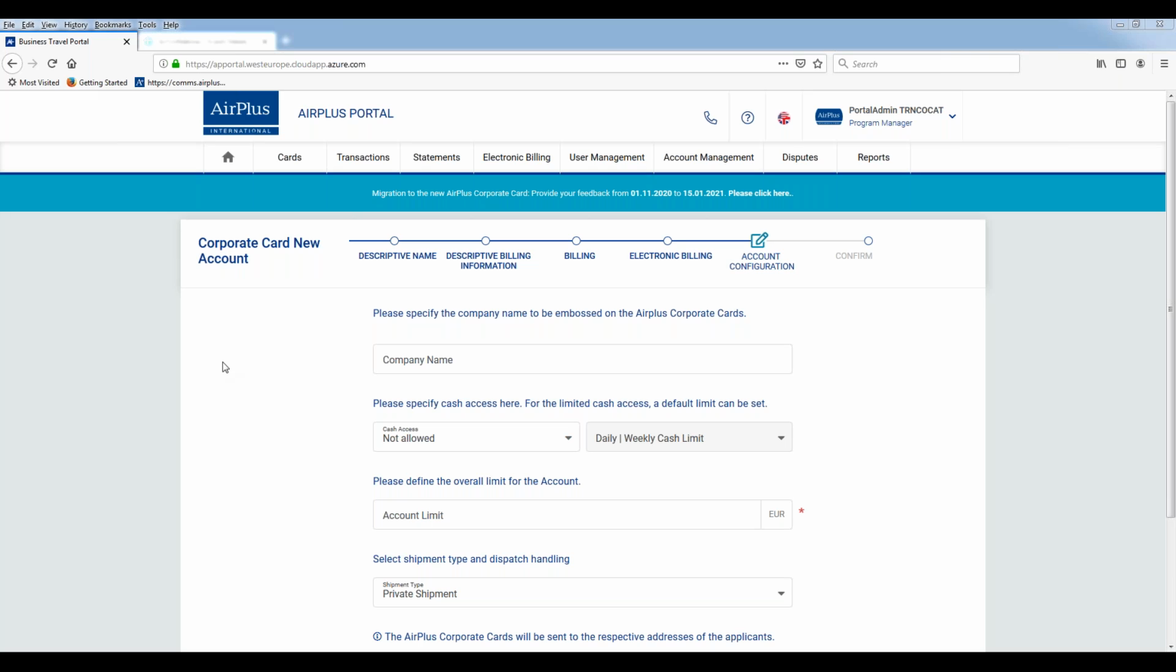If we continue, we get to Account Configuration. In this section, you will be able to specify the company name that will be shown on the AirPlus corporate cards. Let's use XYZ Holdings